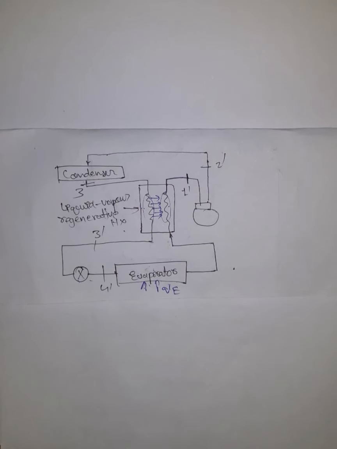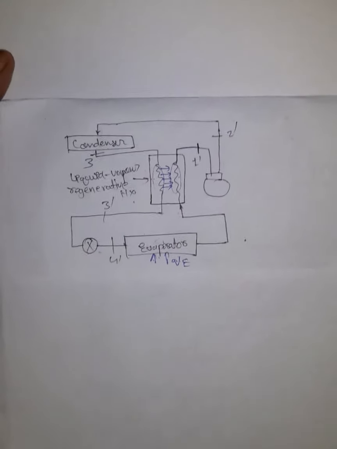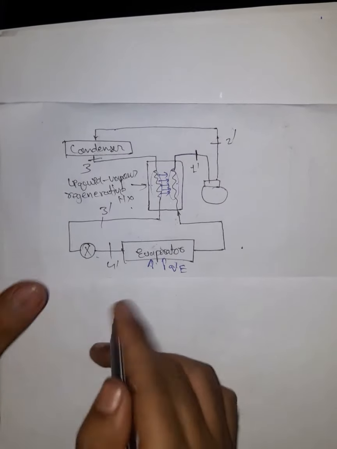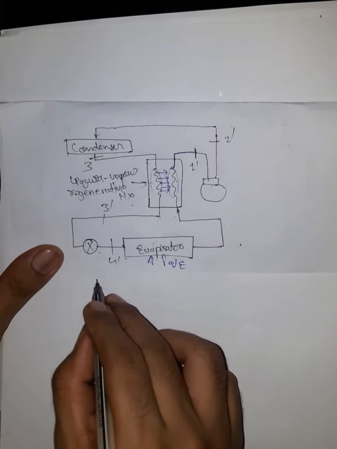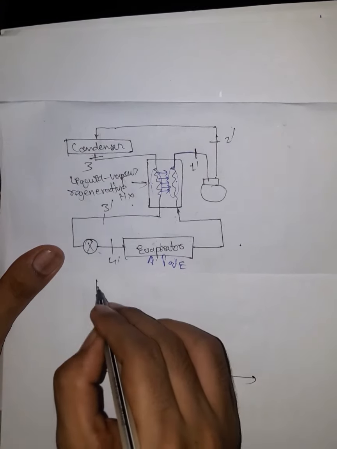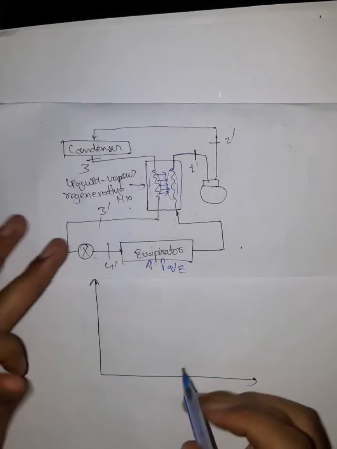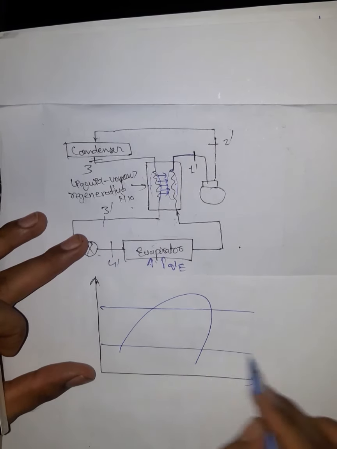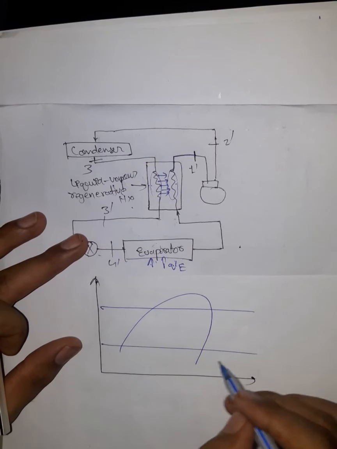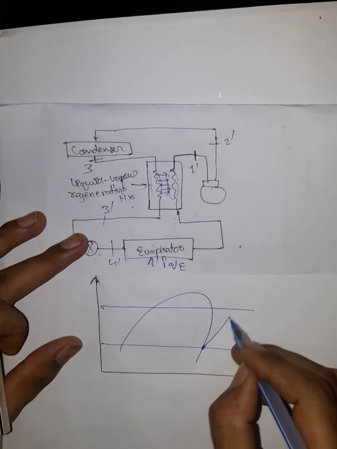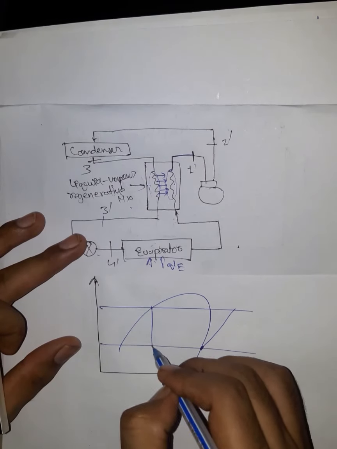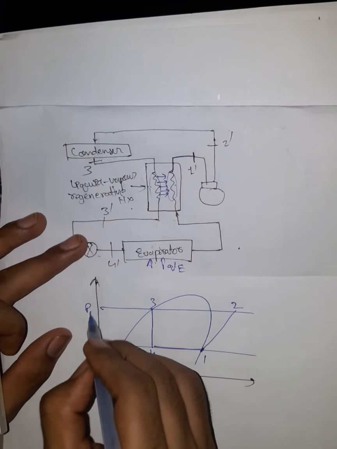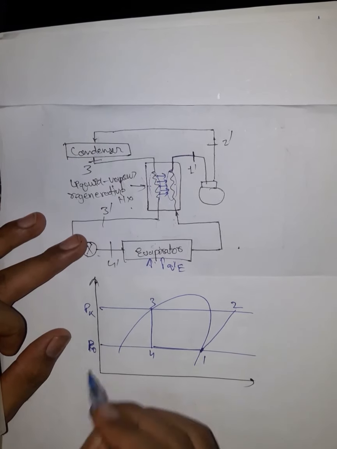So if we represent this process on the pH diagram, how does it look? Let us see. I am drawing the adjacent pH diagram that is involved over here. This is our vapor dome. These are the two pressures that are involved. We start from here. Let us draw our original cycle, 1 2 3 4. This is our original cycle. This is the condenser pressure, and this is the evaporator pressure, let us say P naught.